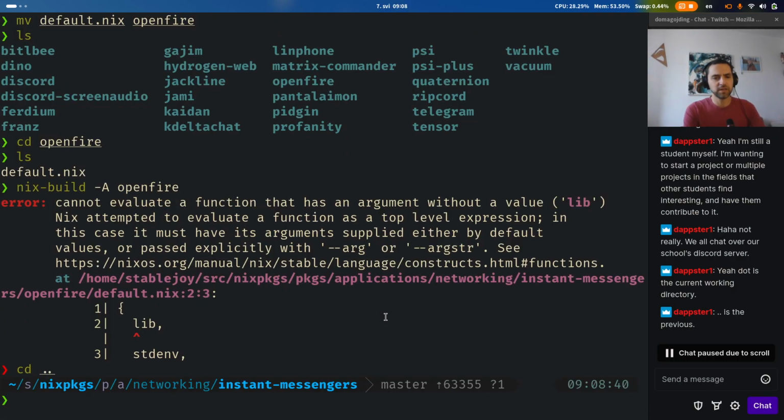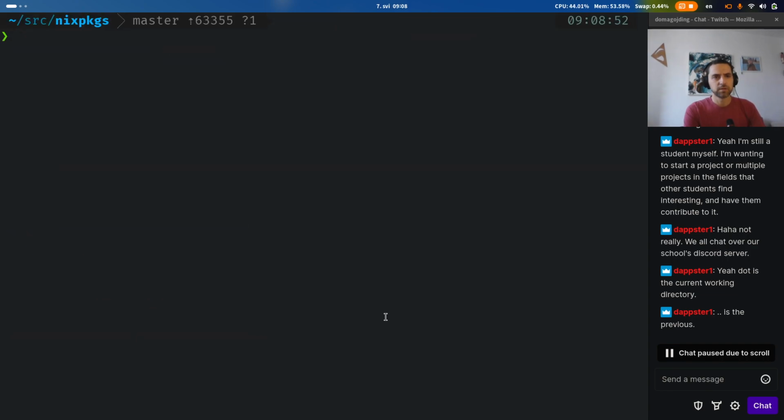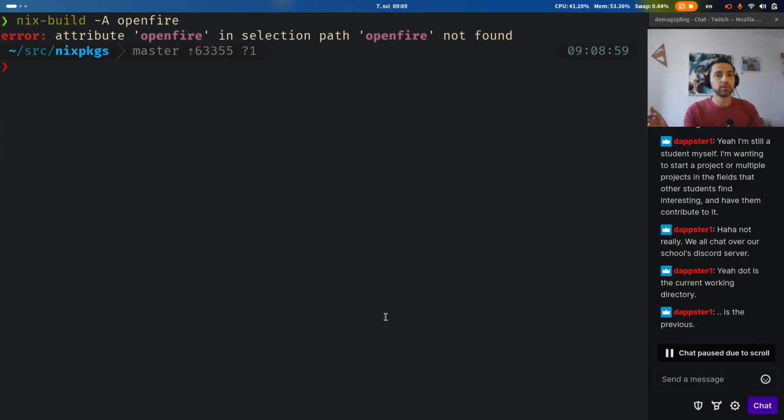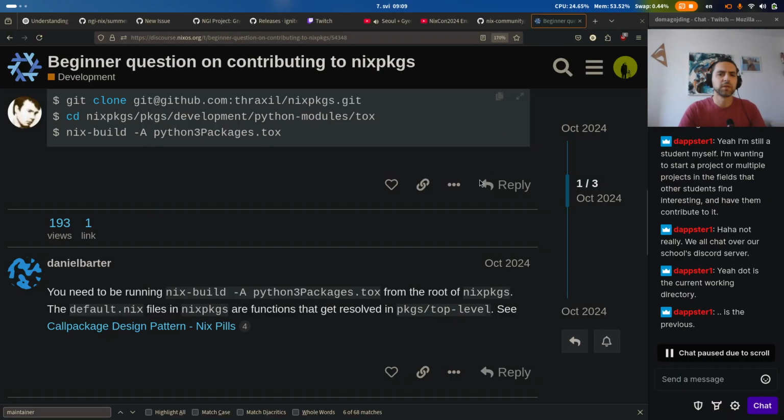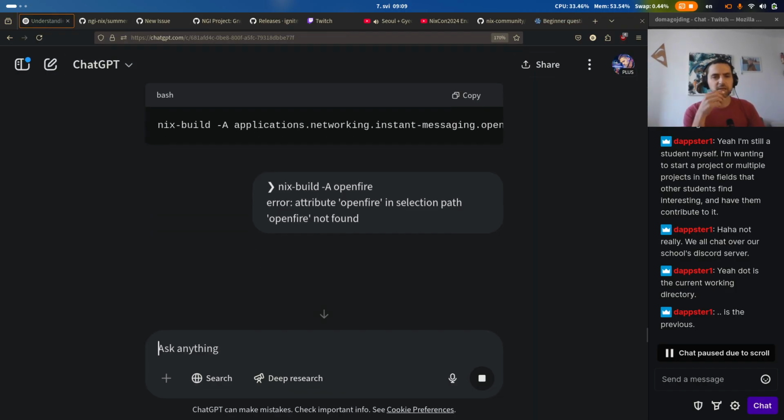You know what? I think, do I have to, maybe I have to do it here. Oh. Error: attribute 'openfire' in selection path 'openfire' not found. So now we have this typical, I think this is a very beginner-like